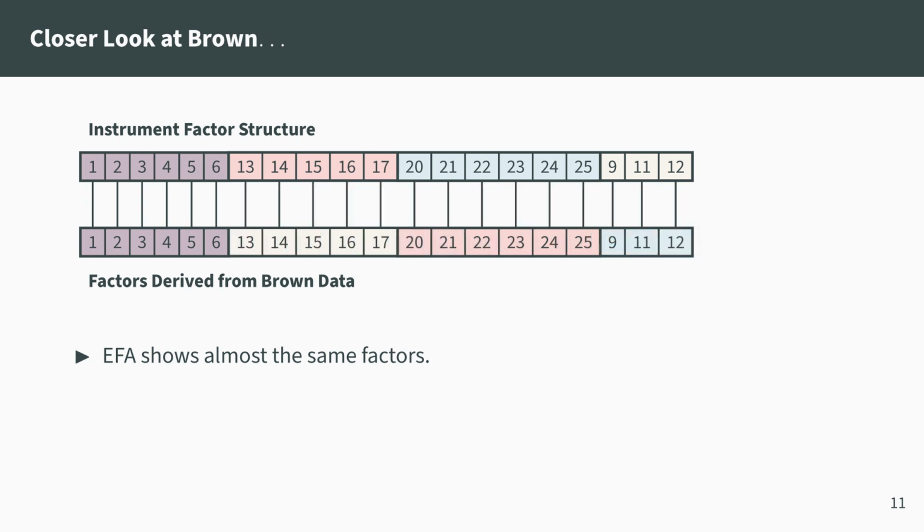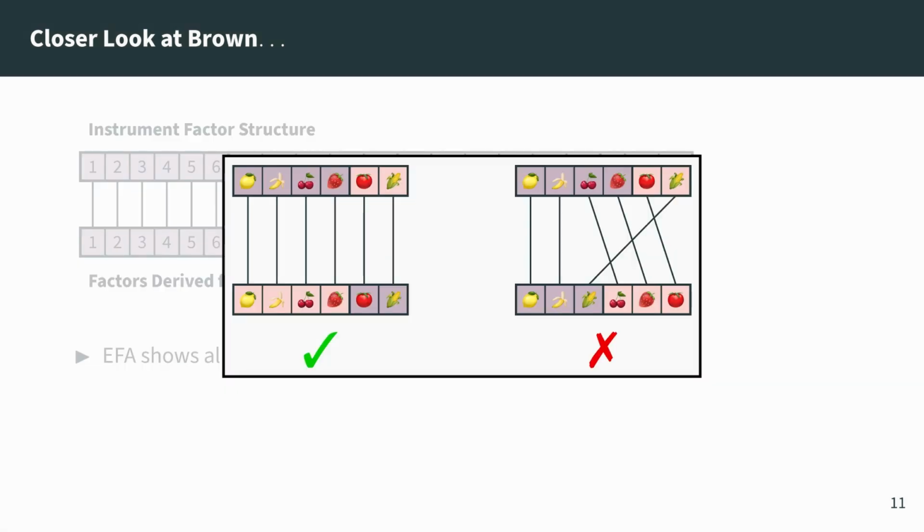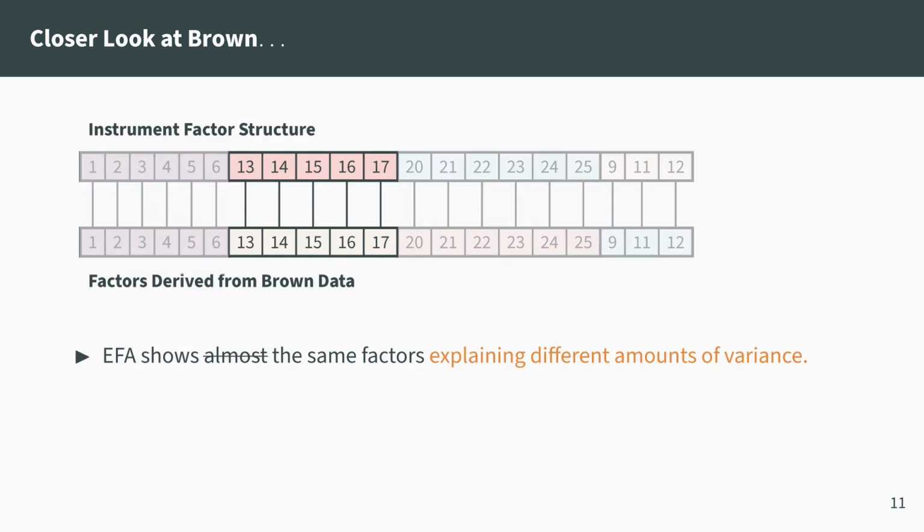The factors are identical now, but as can be seen from the differences in color coding, they explain different amounts of variance in the two populations. However, remember the gardening example in the beginning. This is both appropriate and desirable, as the reordering reflects differences in the experience and training of these students. At Brown, the HTDP approach emphasizes problem solving using structures and patterns from the very beginning, so the students have extensive mastery experience. It is natural that the factors corresponding to problem solving account for less variance here.